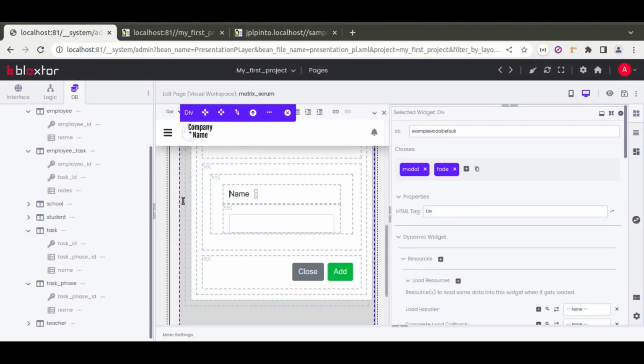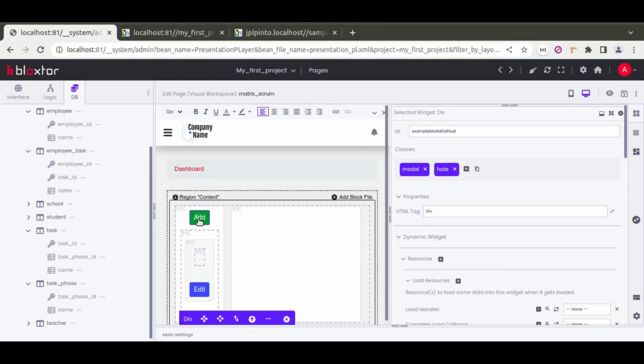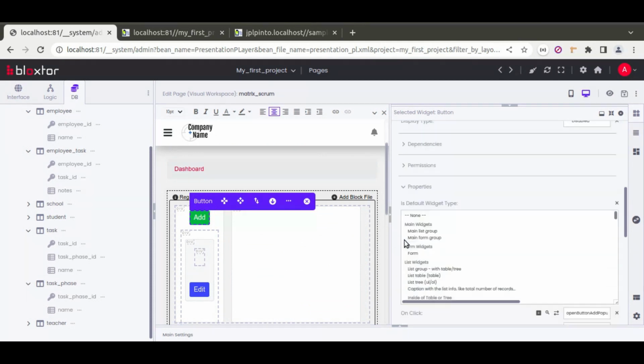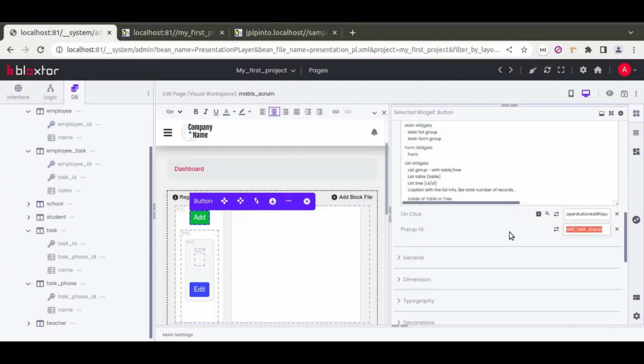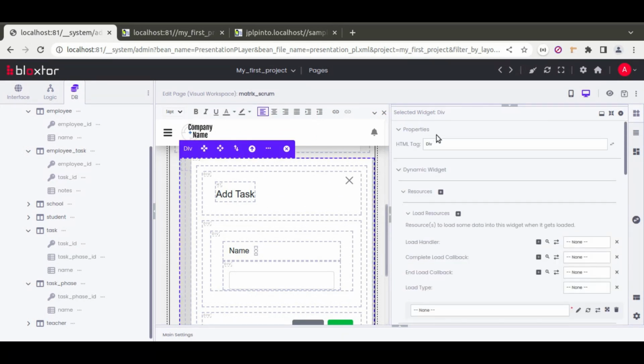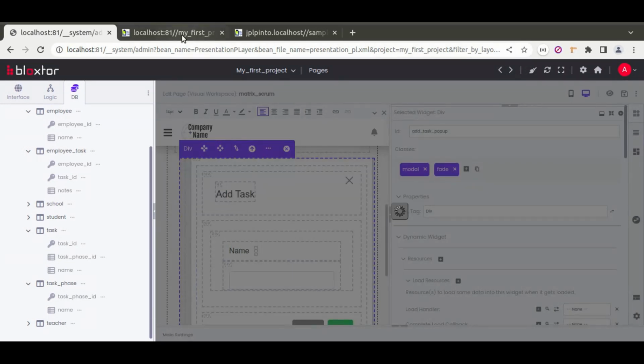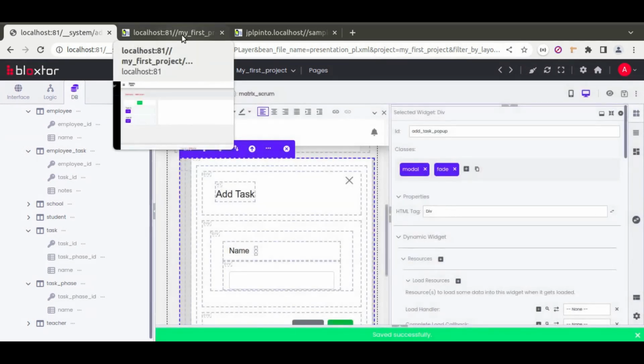So I should select the pop-up, and we need to put here the ID that we defined in this add button, which was, let's check it, okay, add task pop-up. So we select here the pop-up, and in the ID, we just change the ID. We save, we refresh the page,